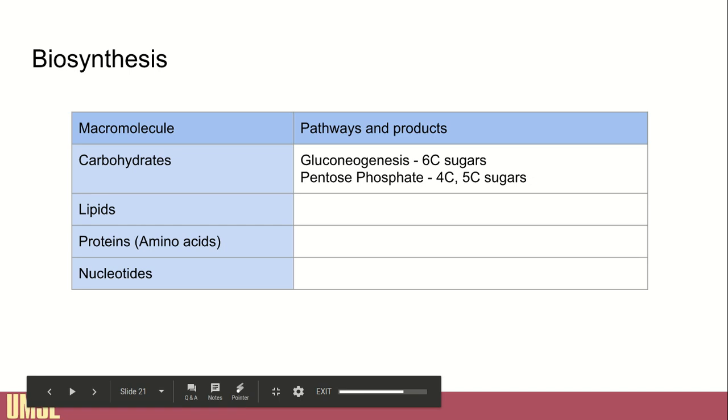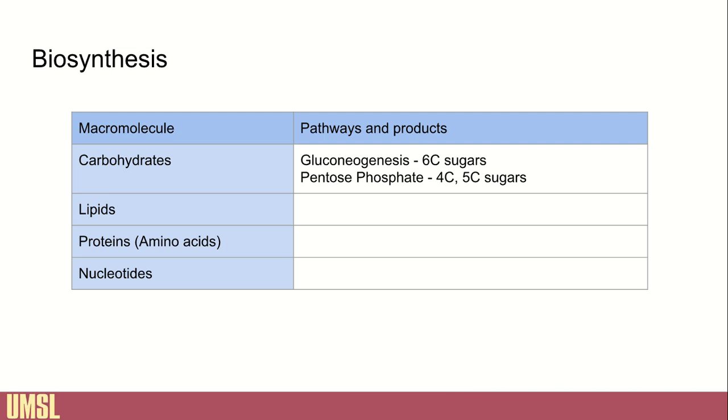Alright, hello everyone. So we're going to continue on in part 3 here, and we're going to build off of where we left off. So we left off talking about how to make carbohydrates. An additional major component of the cell are lipids. So we need to be able to make membranes if we're going to make a new cell. And so let's take a look at how